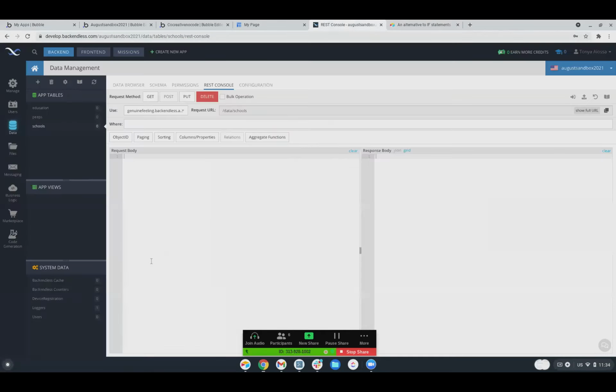So use genuinefeeling.backendless. Right, so this would be the URL, all of these. And then you can use get, post, and put. I think get and post work with Bubble. I don't know about put. I think there's been some talk about that on the Bubble forum. So I could query my database with a get, or I can post something to my database here with post. So here I can construct and test my calls, and then once I have the calls, I can put them into